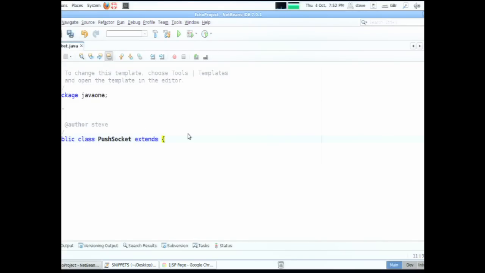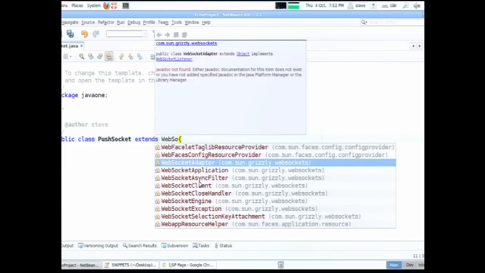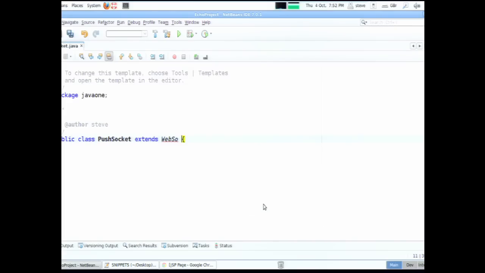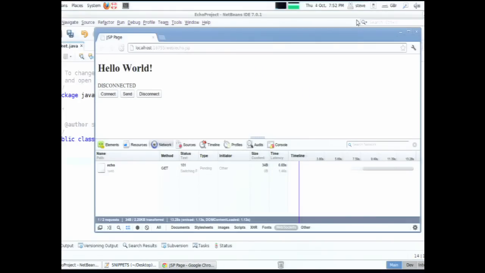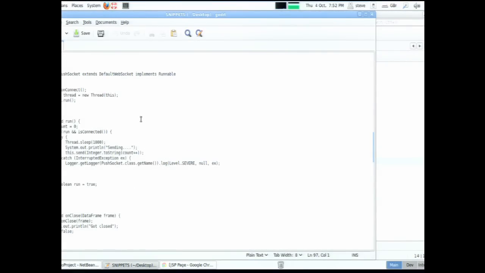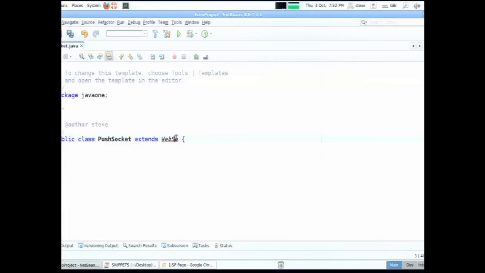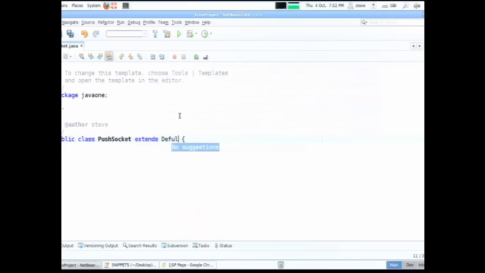And this will extend, what will it extend? Why is that not working? Ah, that's why. I don't know the class name, sorry. It will just,